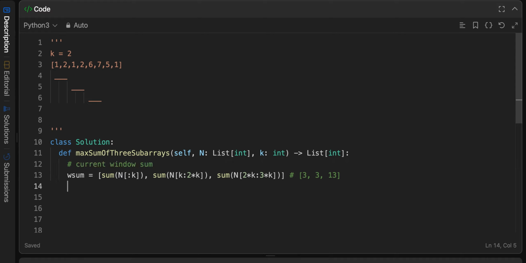And our next variable will be our maximum sums so far. Okay, so I'll call this m sum equals. Now, the maximum sum would be our window sum, but this maximum sum is just going to hold the maximum sum for the first window. So maximum sum so far for window 1,